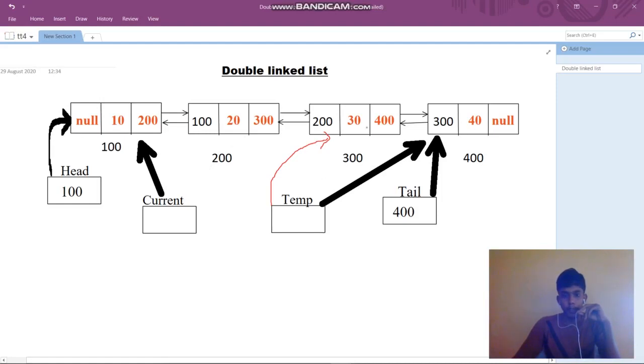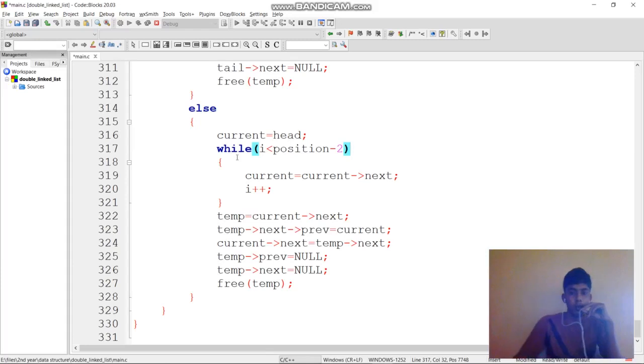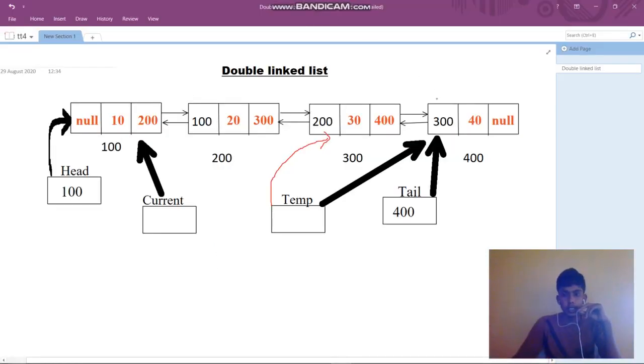So temp of next is 400, and 400 of previous is 300. In that place I am storing the current value, 200. Now 200 means this, written here. So this points to here, and this link will break down.